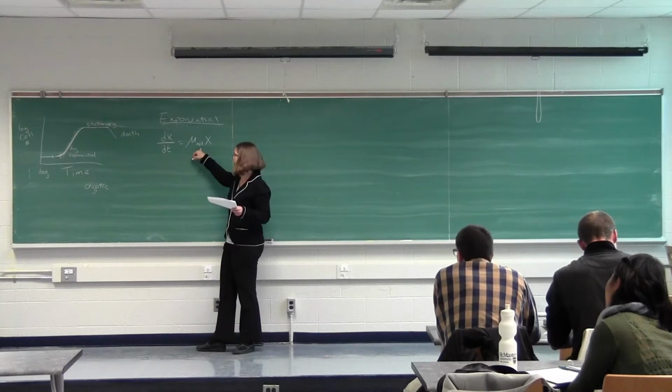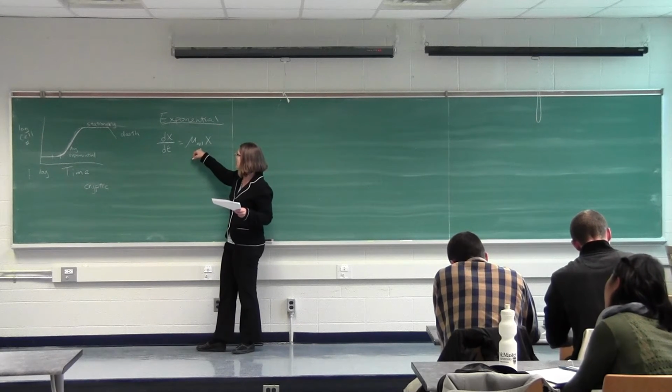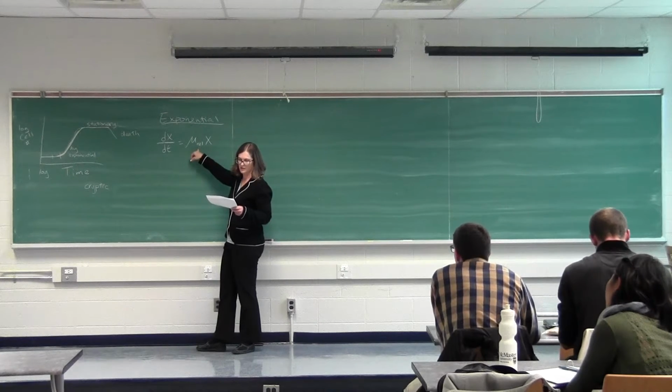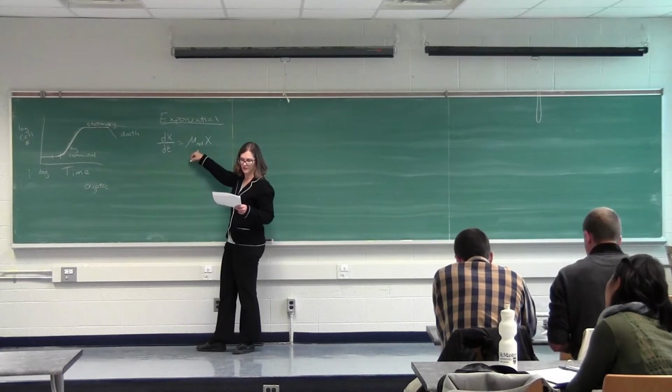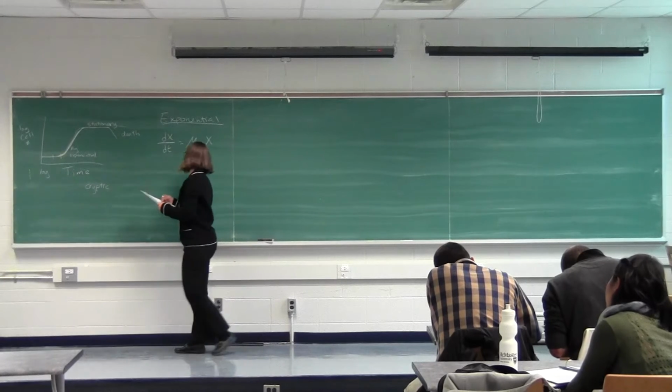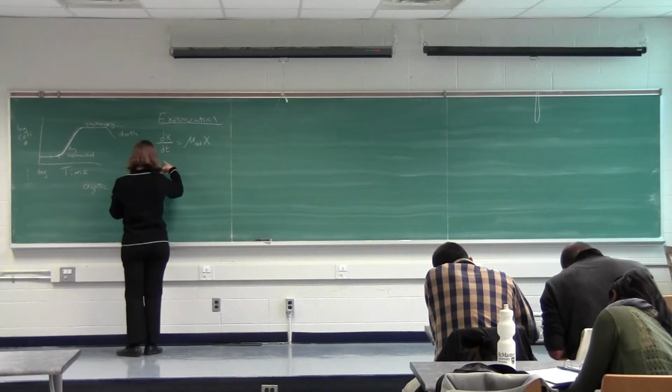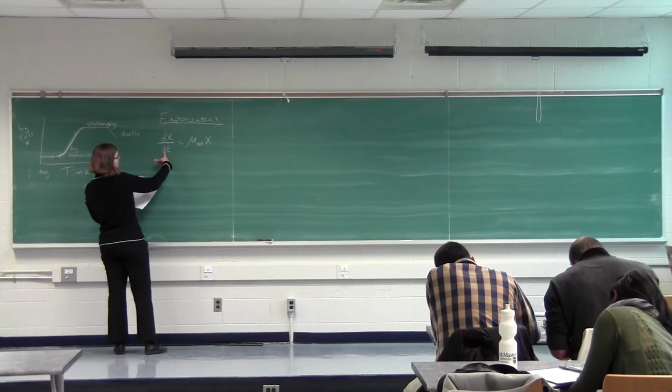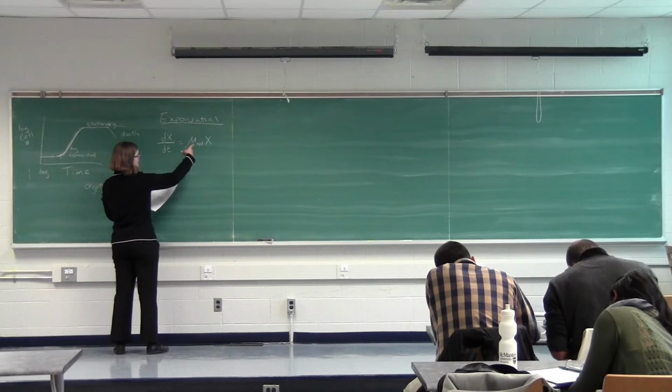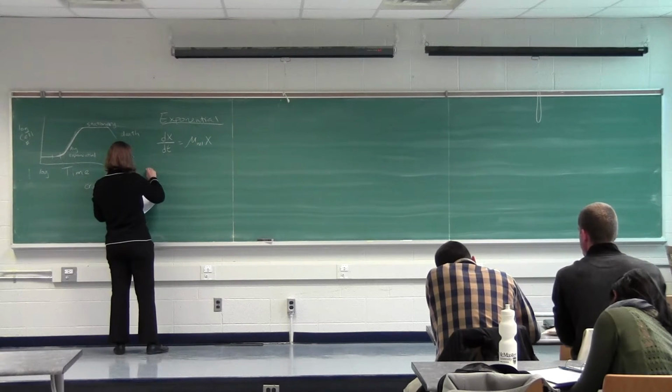So that's our first order exponential growth rate expression. Okay, so easy, we bring that x over, so dx divided by x equals mu net dt, and you integrate and you get